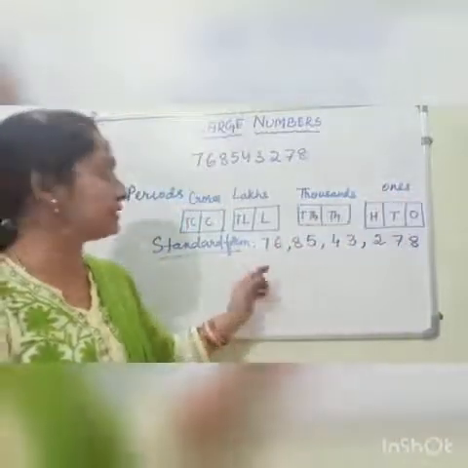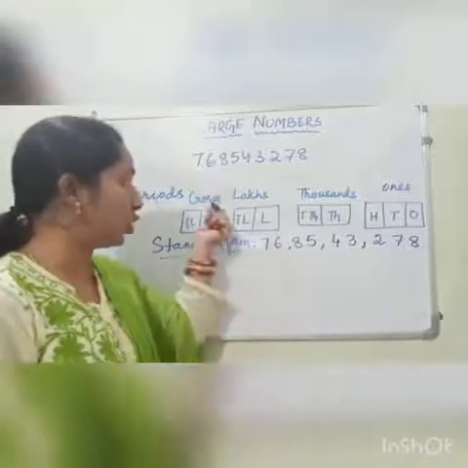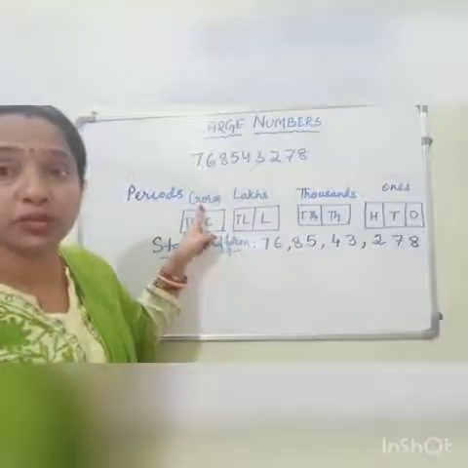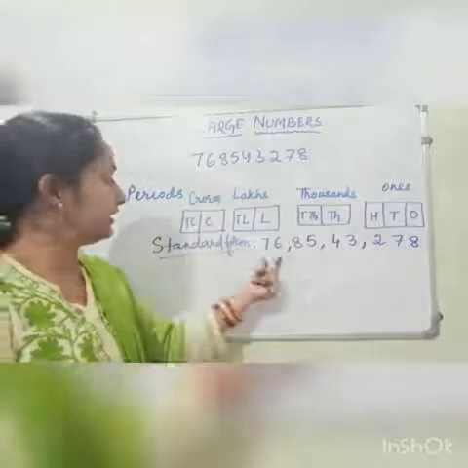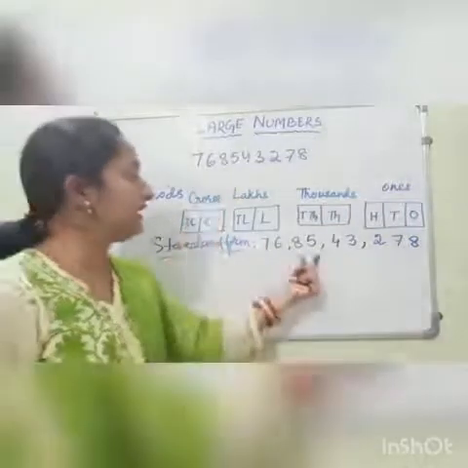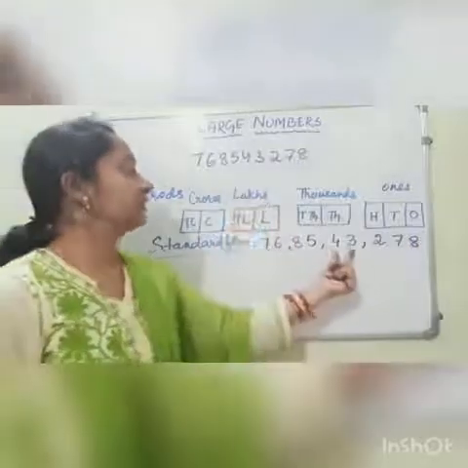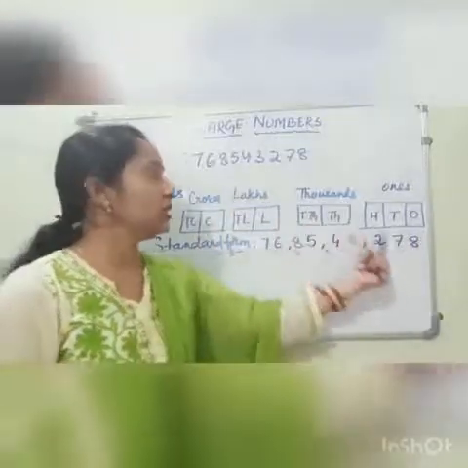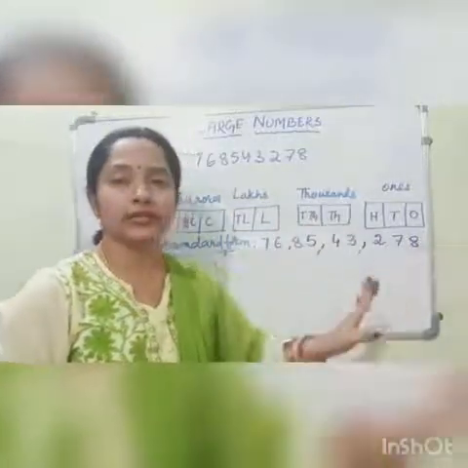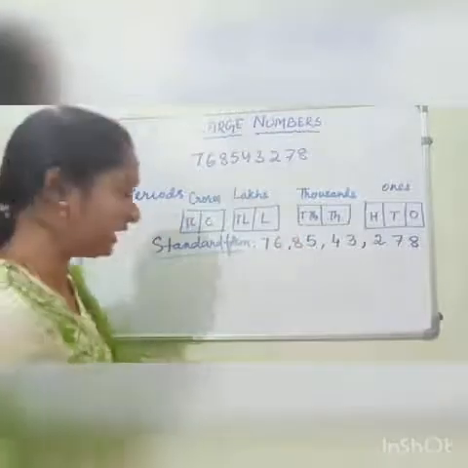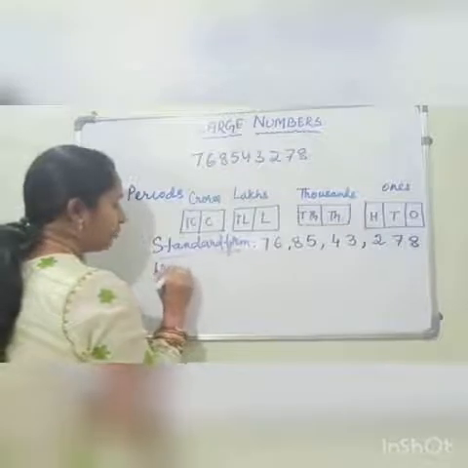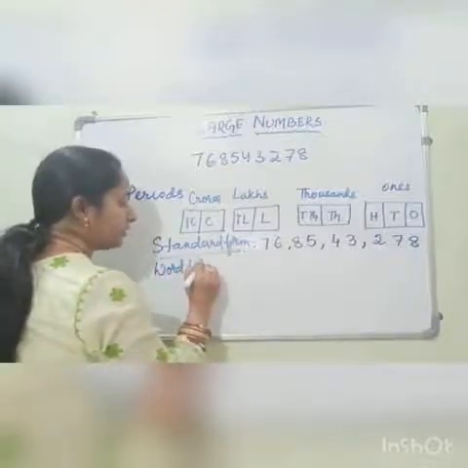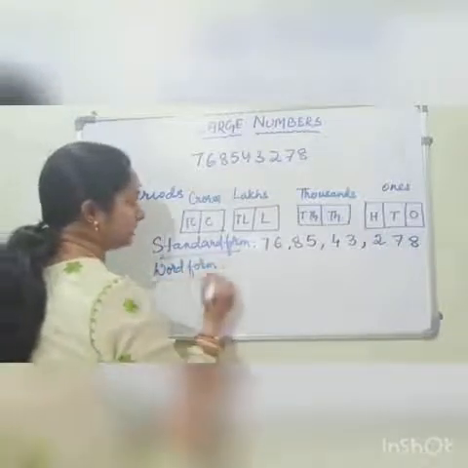We will read it as 76 crore, not in its plural form. You will read it in its singular form: 76 crore 85 lakh 43,278. So this is the way how you will read or write the number name or the word form of the large number, that is